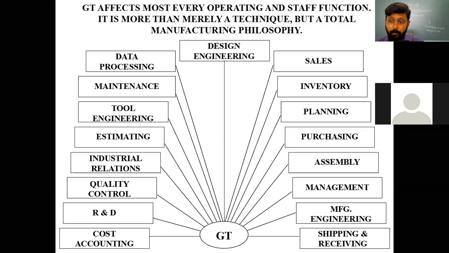But now, whenever you apply group technology, this is the scenario, I am telling you the before group technology, right? Now, if we apply group technology, then what will happen? All these parts which are shown in this diagram are going to have a good effect if you apply the group technology method or technique, and obviously it has some advantages. So these advantages are also related with all these things: data processing, maintenance, planning, purchasing, estimating, everything.